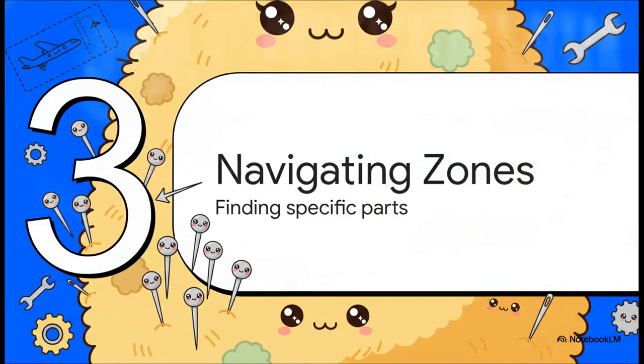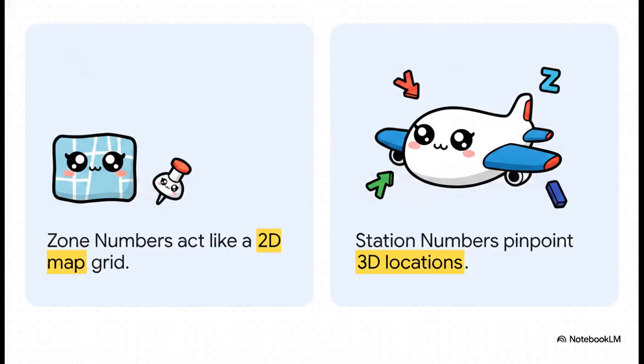All right, up next is Section 3. Navigating with zone numbers. When you're staring down a massive assembly drawing, trying to find one tiny little component can feel totally overwhelming. It's like finding a needle in a haystack. To solve this, we use zone numbers. Think of these exactly like the grid references you'd use on a 2D paper map. You've got letters and numerals printed along the borders of the drawing. So you just mentally draw a horizontal line from a letter and a vertical line from a number, and boom, where they intersect, that's your zone.